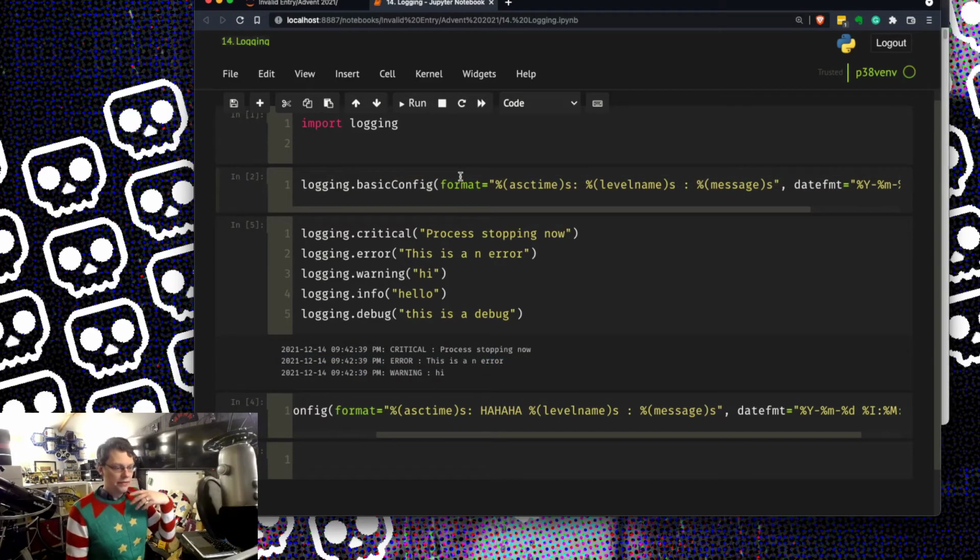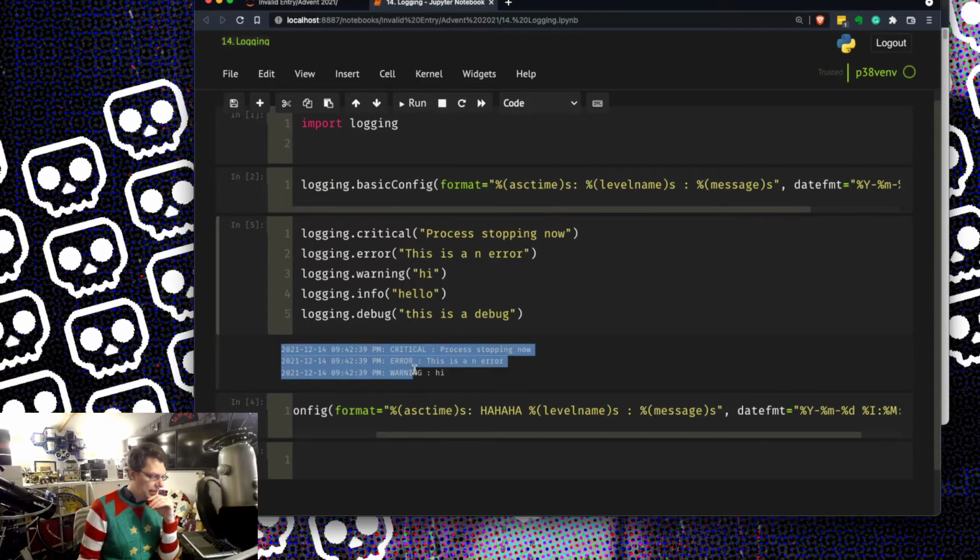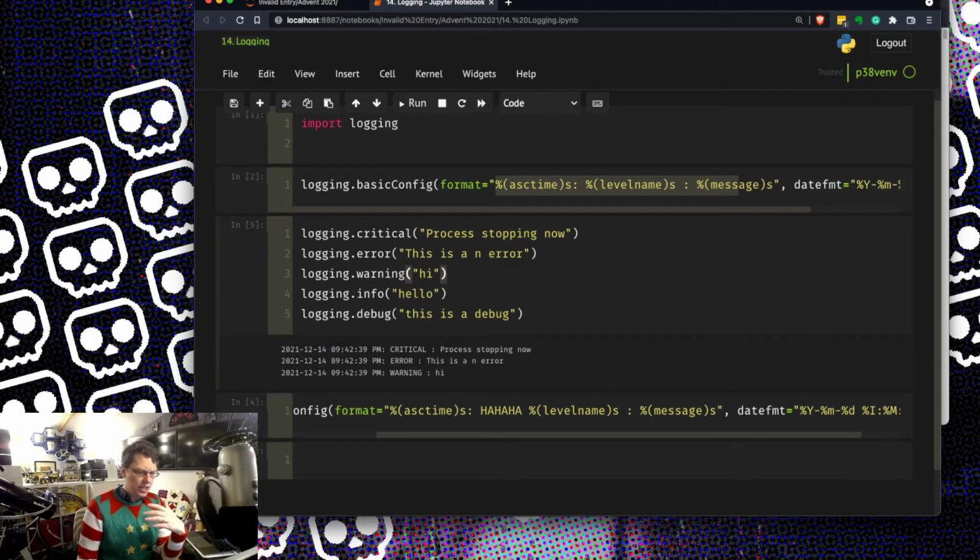So if you do a basic config or any config and then apply a different config, it's only the first one. The rest are no-ops, and that is in the documentation. But what you begin to get straight away is a better formatted output. So I don't need to worry about putting the timestamps in. I get the criticals. I can now grep this nicely, and those are my error messages. So you're able to control the format. Then in my code, I can just put log.warning and put something in here. And that pretty much is logging in a nutshell for very basic logging.